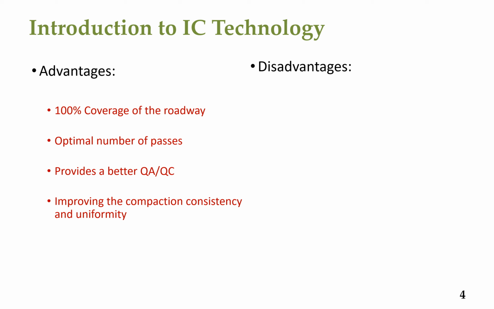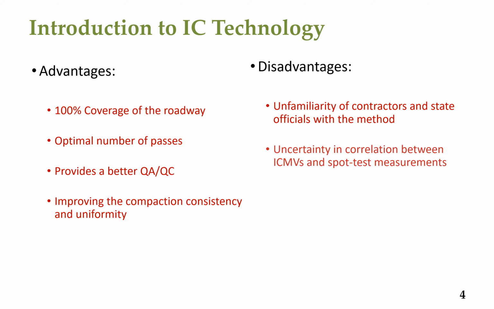But there are also some disadvantages associated with using this technology. The first one, and this is the one that we have seen in Vermont, was that the majority of the contractors and some of the state officials were not familiar with this method, which can be potentially problematic. And the second disadvantage is the uncertainty in the correlation between ICMVs and spot test measurement,